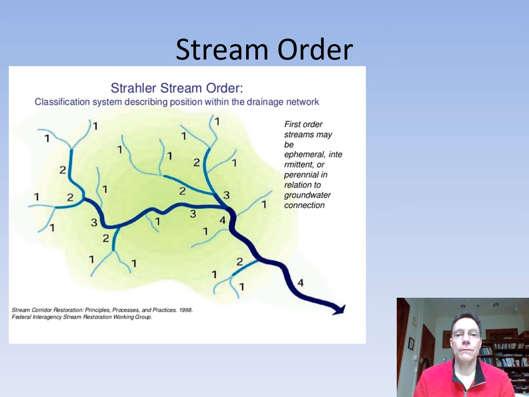If you're talking about a seventh, eighth, ninth order stream, now you're getting to some of the largest rivers in the world. So the mouth of the Mississippi or the Amazon might be a ninth, 10th, 11th order stream. That's about as big as they get, really. So these numbering systems sort of help let us know what size of stream you're talking about and what kind of watershed has fed into it.